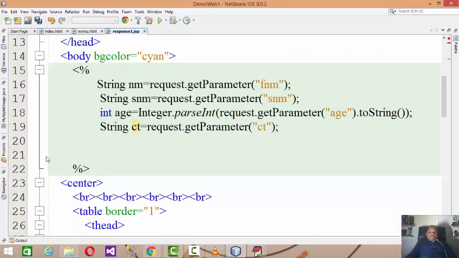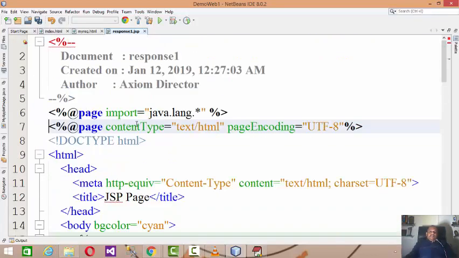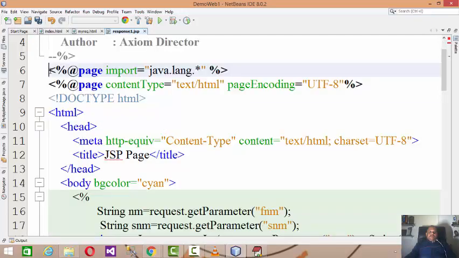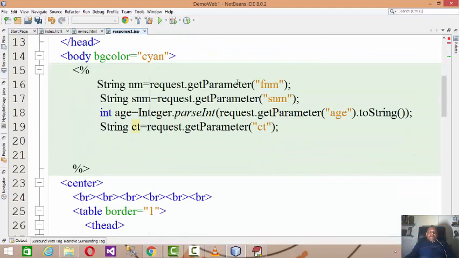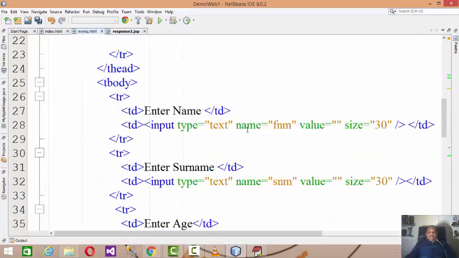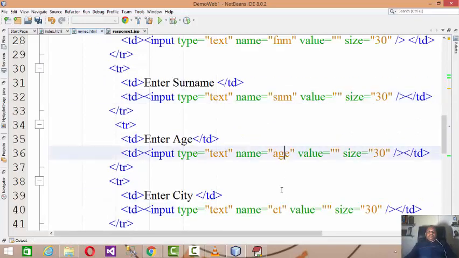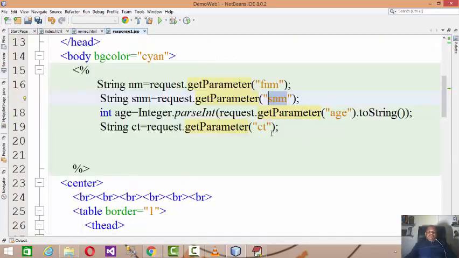So it is completely JSP code, Java server side code. Now we learned how to import the packages and how to read the data by using request.getParameter, and these are the field names referring to the input tag, the HTML tag having the attribute name equals, which are the actual names of the fields we use when you post the data.